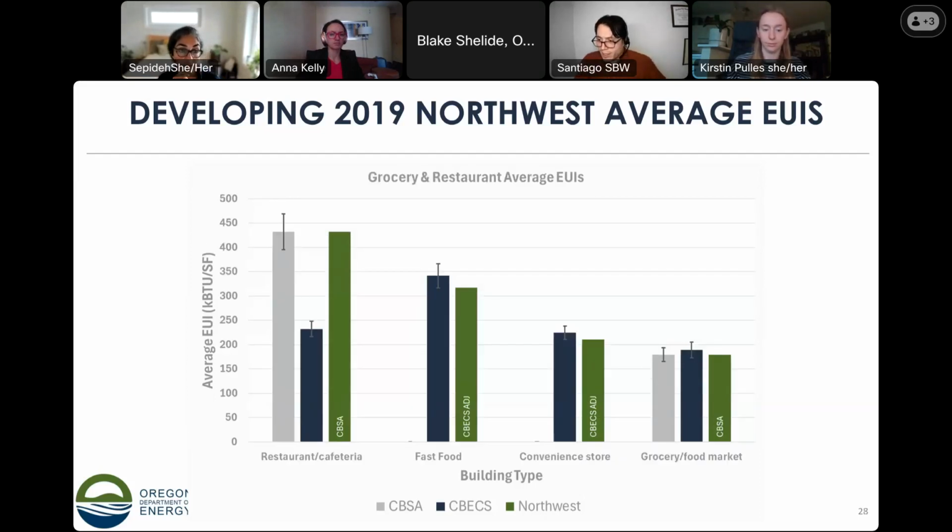Moving on, restaurants and cafeterias, reasonable representation regionally. So we chose the Northwest data set there for restaurants and cafeterias. Not good representation for fast food or convenience stores. Those had some adjustments based on other category data. And then grocery food markets, again, represented well regionally, so those were chosen from the regional data set. Moving on,